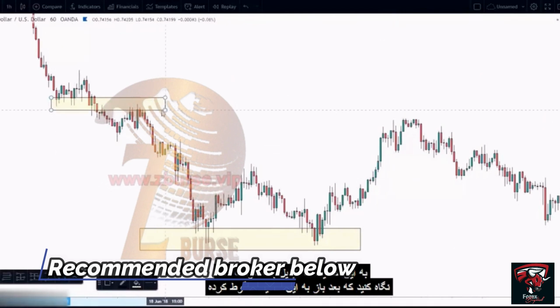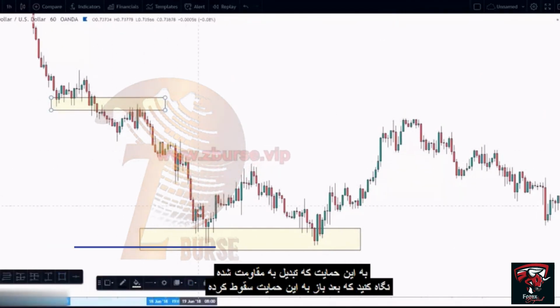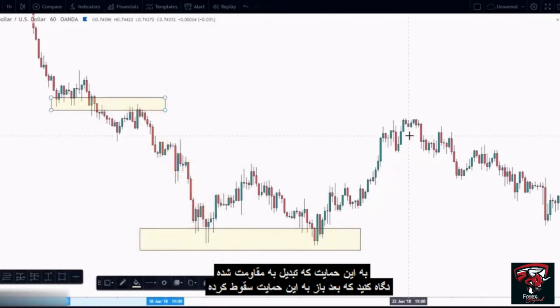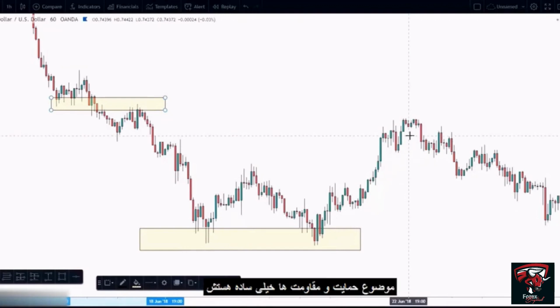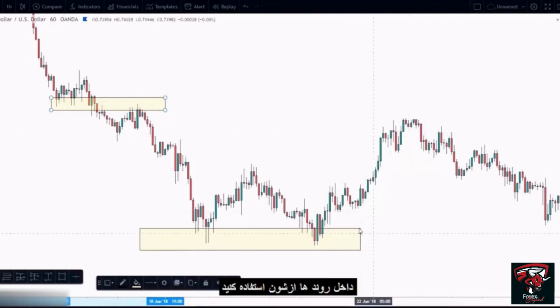Look at this. This is support turning into resistance and then dropping to this support. It's very simple, guys. Okay? Take your notes. Rewatch the video. Support and resistance, very simple. Use these with trend lines, and